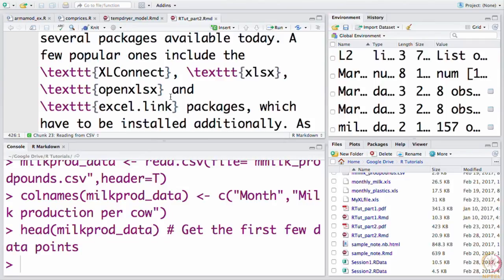The more popular ones are XLConnect and XLSX, and I prefer XLConnect because it has the ability, for example, to do certain operations within the Excel file without having to open or read the data from the Excel file, and there are a couple of other advantages as well. But mind you, both XLConnect and XLSX require Java to be installed on your machine, and if it isn't, it is likely that RStudio can crash when you run it the first time.